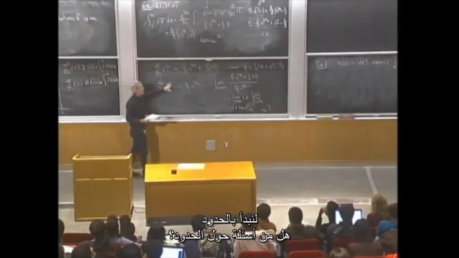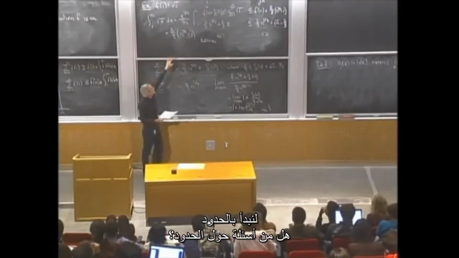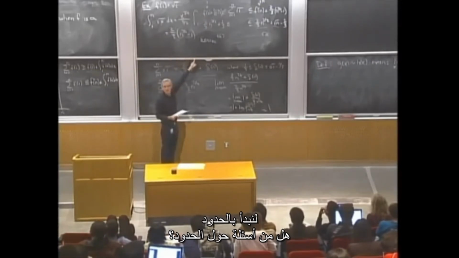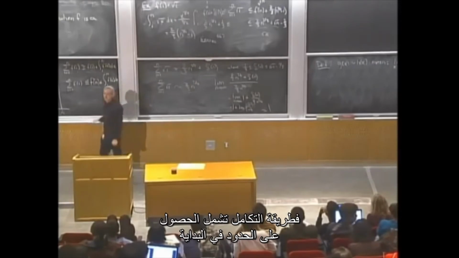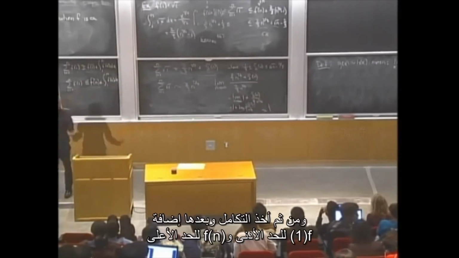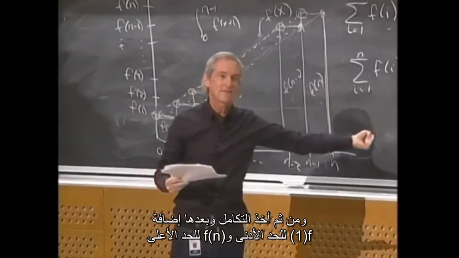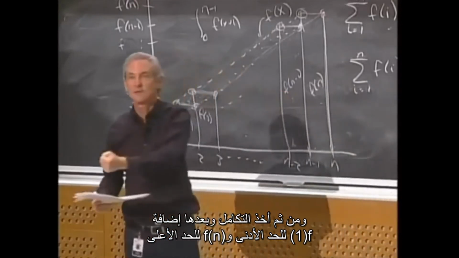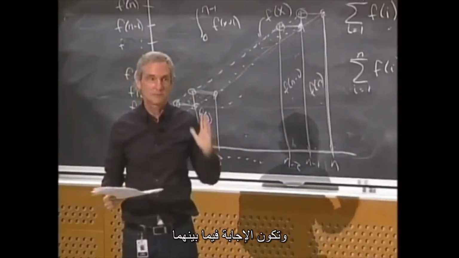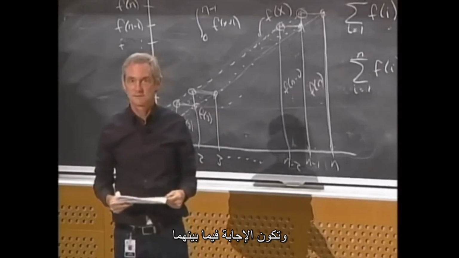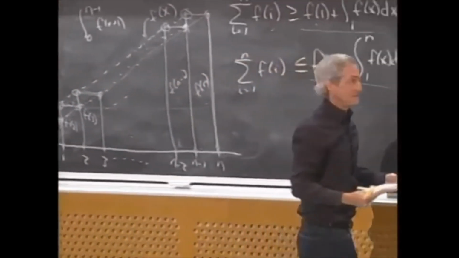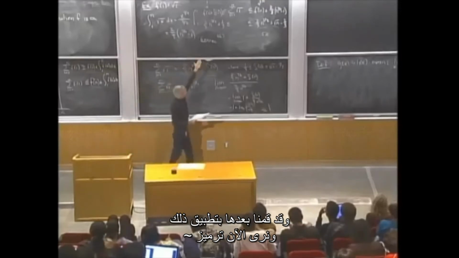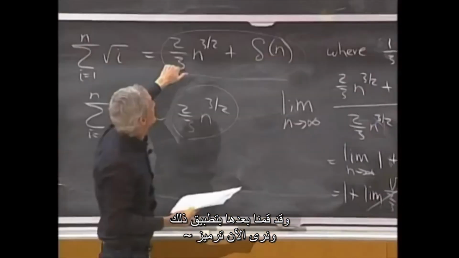All right, any questions about, maybe start with the bounds. Any question on the bounds that we got? That's the integration method, first getting the bounds. You take the integral, you add f of 1 for the lower bound, you add f of n for the upper bound. And it's in between, somewhere in there. Questions there? All right, then we plugged it in, and now we look at this tilde notation that says, well,